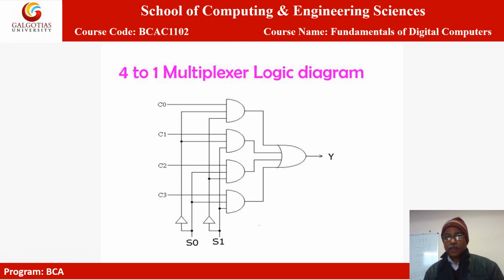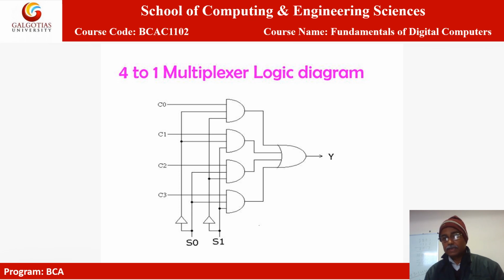Okay? From S1 also, the bit at S1 is 0. So this inverter circuit will make that 0 bit into 1, and it will again be fed as a third input in the first AND gate. So all three inputs of the first AND gate are 1. So we will get output 1.